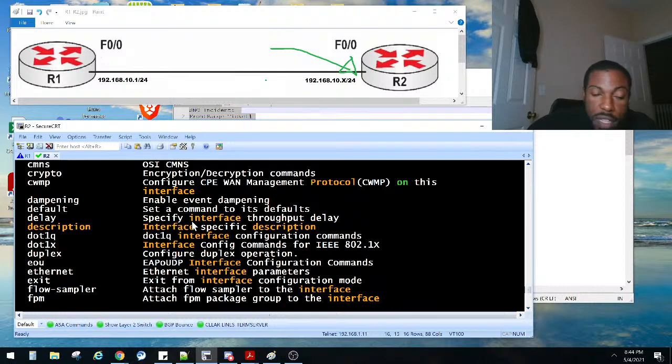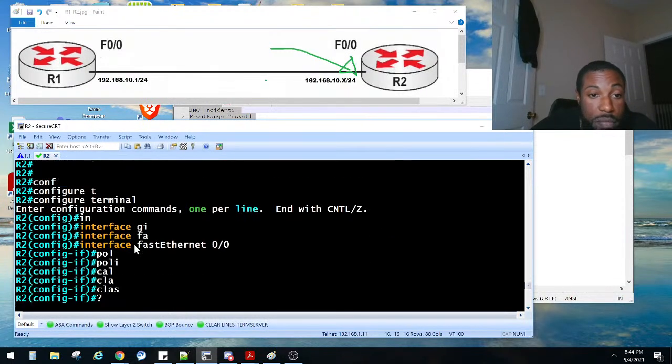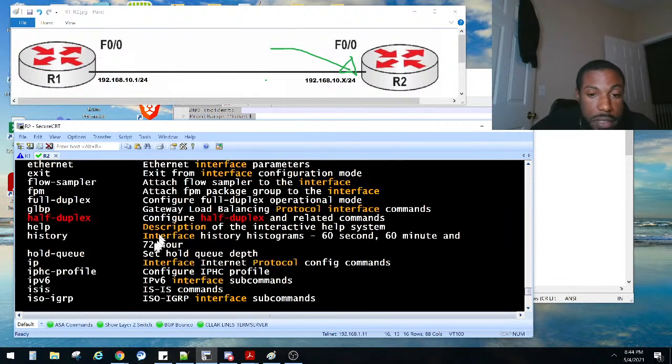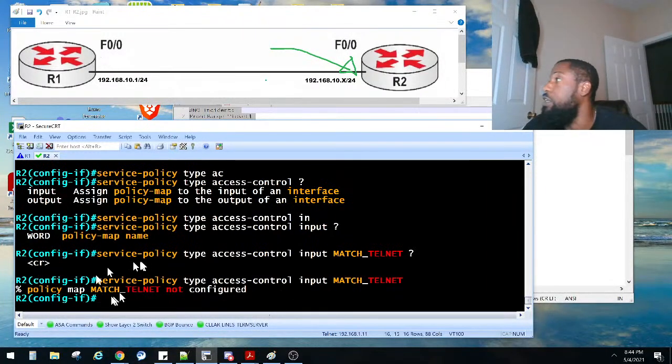I don't think we're going to do the next lab here, y'all. And I might definitely have to practice after the stream. Because, yeah, policy maps and class maps. Oh, geez, these things be confusing me, man. Let's see here. Yeah, he said no one. You good? All right, yeah, so